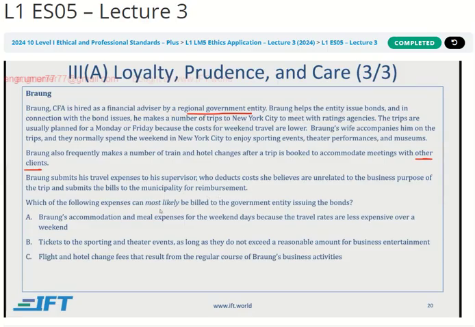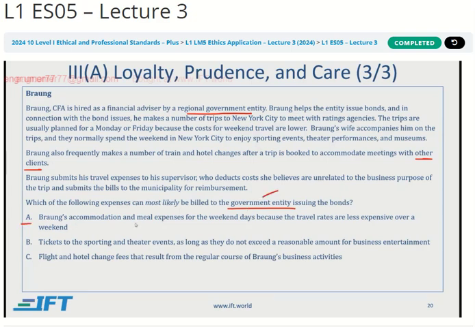Which of the following expenses can most likely be billed to the government entity issuing the bonds? So keep in mind here that the government entity is the client, and we need to think about which expenses can be billed to the government entity.